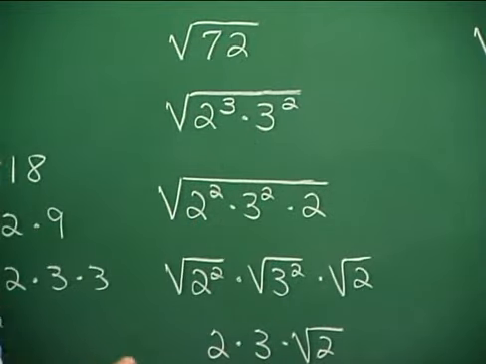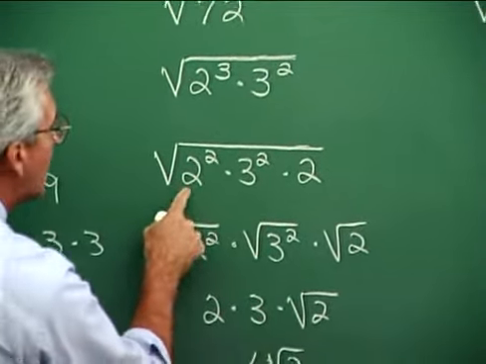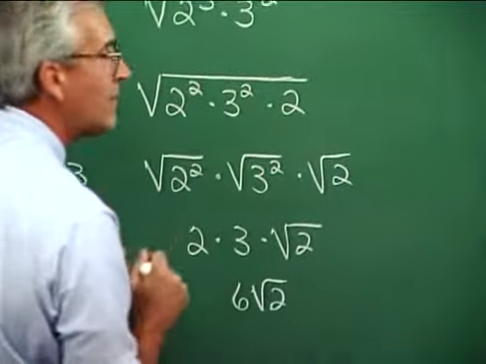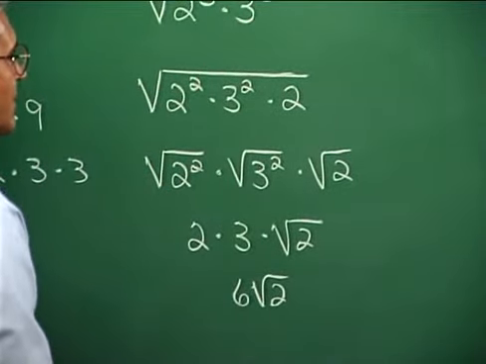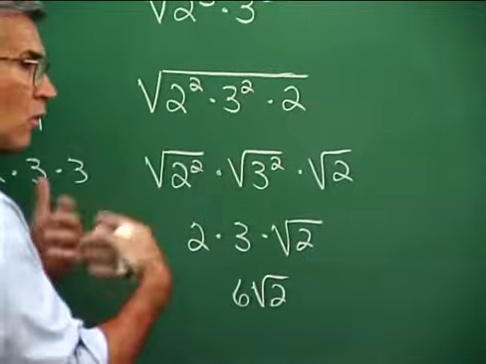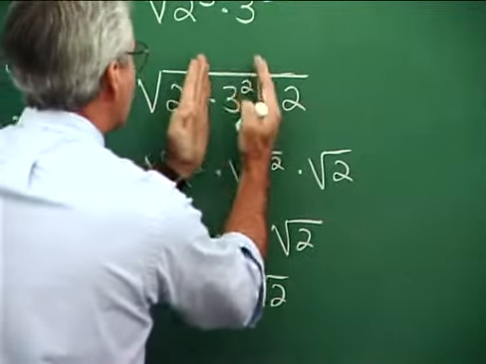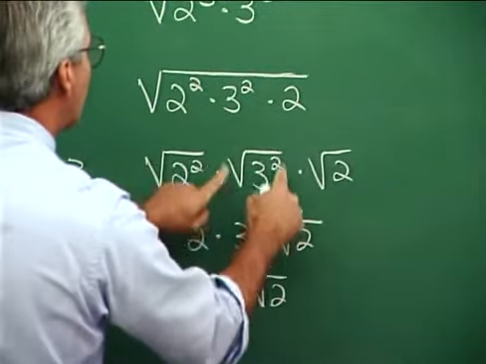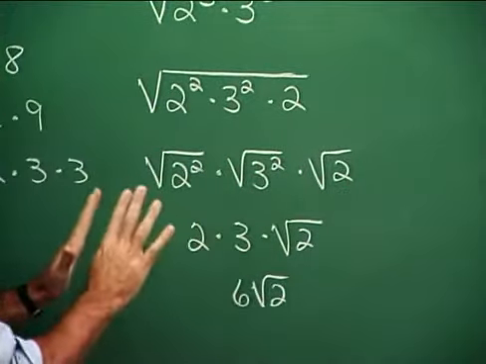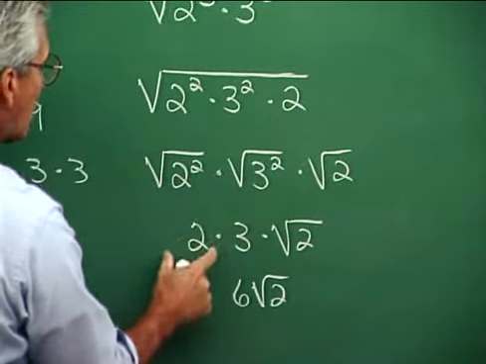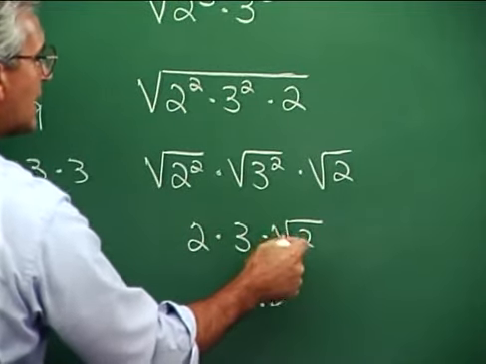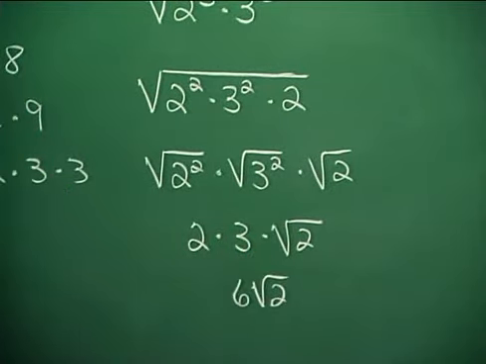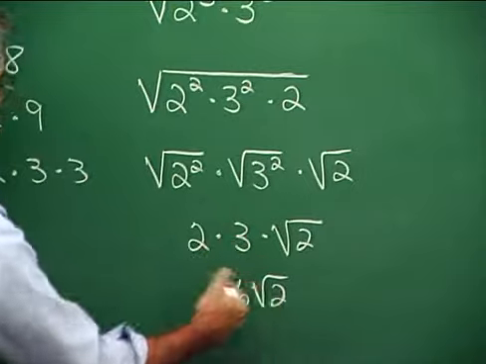Now I can take the square root of each of these factors separately. Actually, there are more than 3 factors here, but I'm thinking of this as 3 factors. And so I can take the square root of 2 squared, the square root of 3 squared, and the square root of 2. That's the way I'm thinking about it. The square root of 2 squared is 2, the square root of 3 squared is 3, and then I bring down the square root of 2. And then 2 times 3 is 6. So 6 the square root of